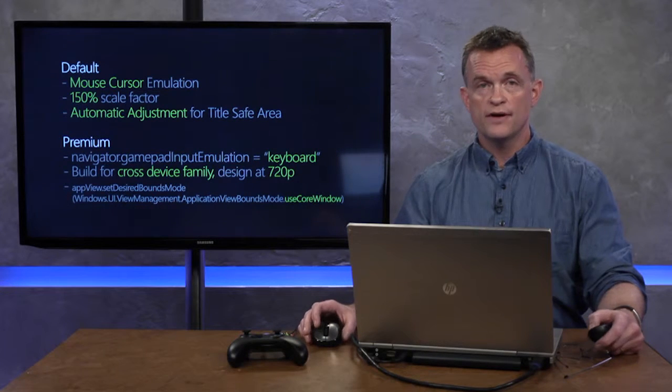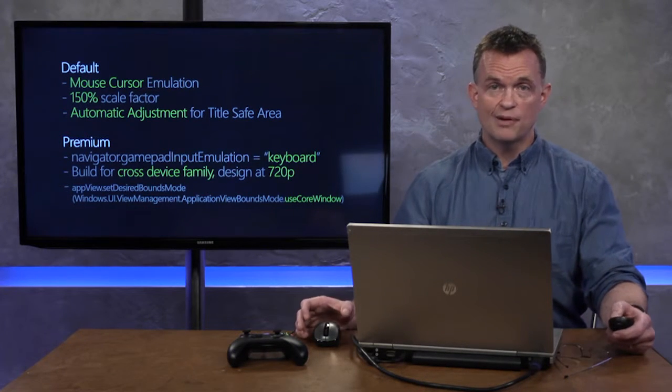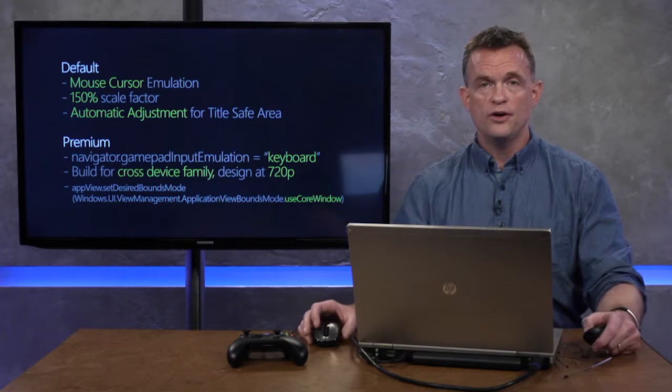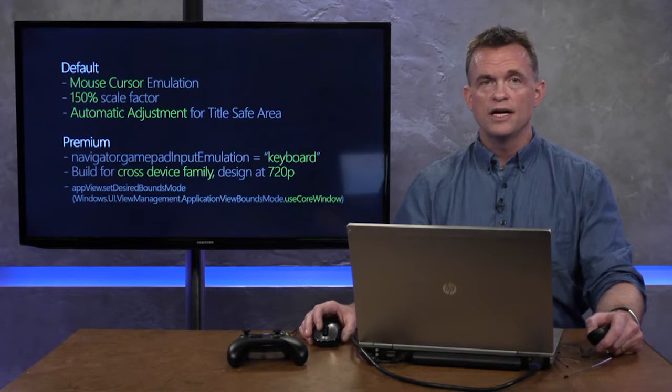Again, you have two options here with JavaScript as well. You can build cross-device family and design at 720p, and then have your application scale properly for desktop, phone, and Windows. Or for Xbox, if you already have a 1080p website, you can disable the